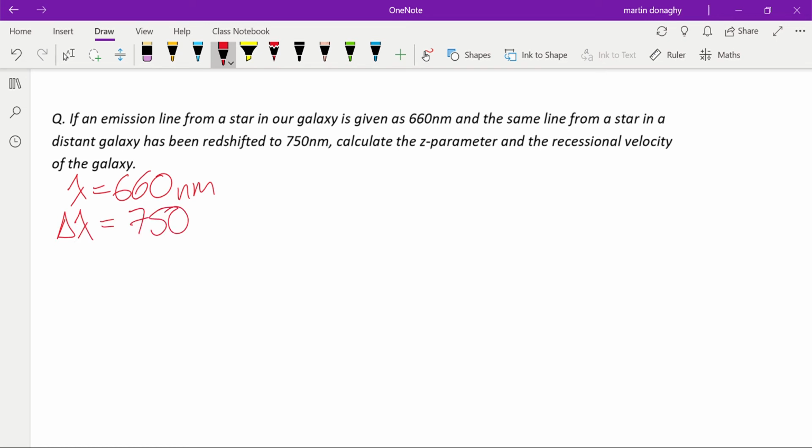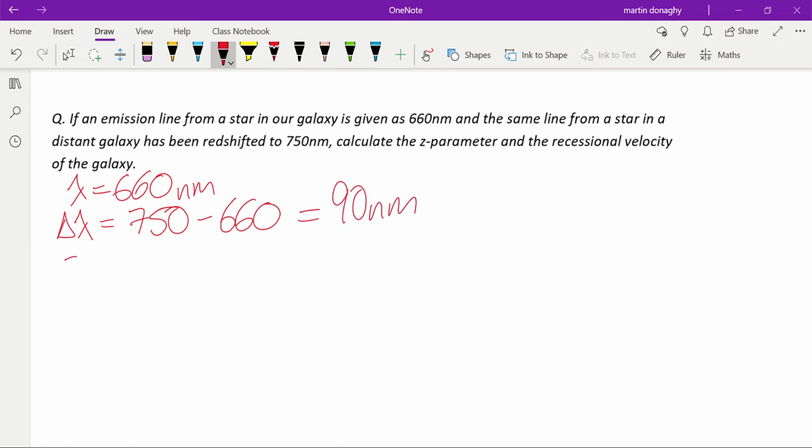So we'd expect that line to be at 660, but because it's moving away, it's got a larger wavelength. Now that means the difference between what we would expect it to be is 750 minus 660. So our delta lambda is 750 minus 660, which gives us 90